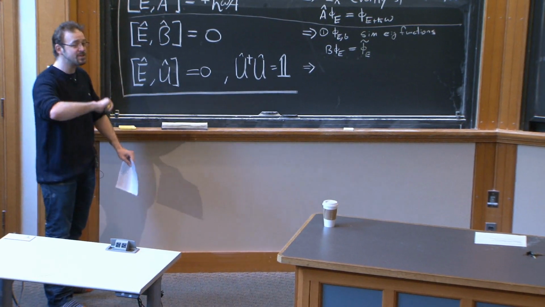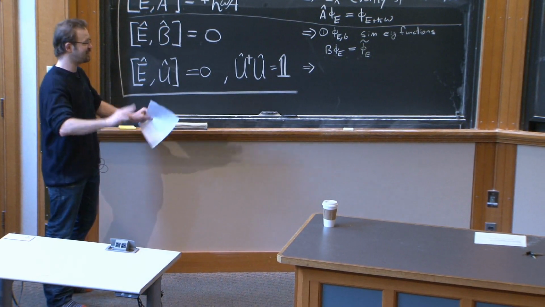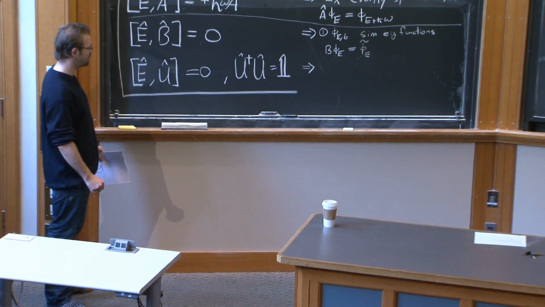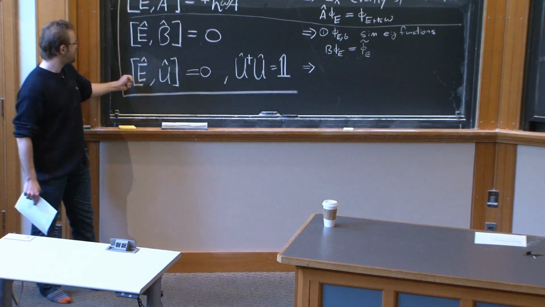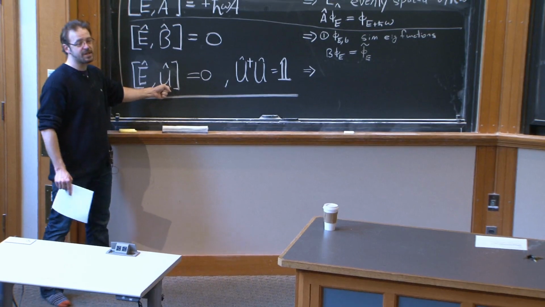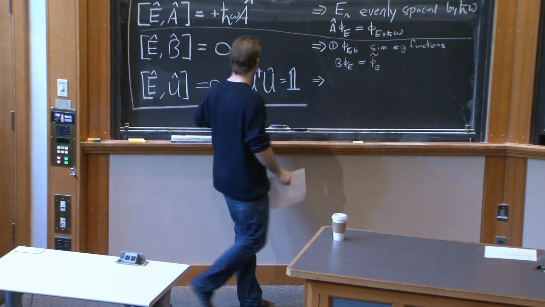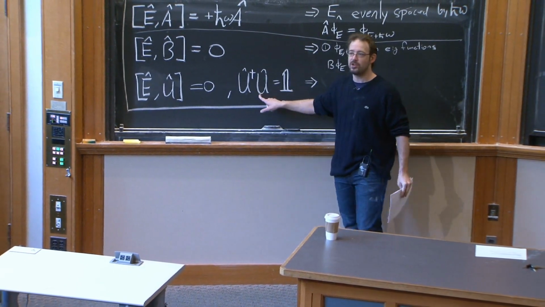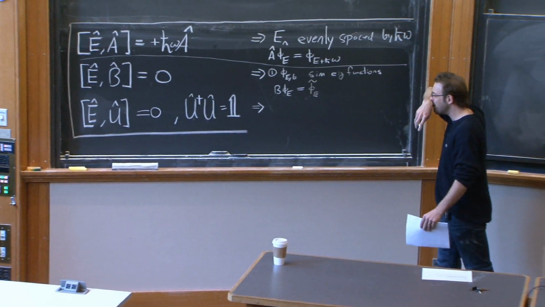We'll work in 2 dimensions. We'll work in 3 dimensions. We'll work in more. It doesn't really matter how many dimensions we work in. You'll see. OK, third thing. This comes from something you studied in some detail in your problem set. Suppose I have an energy operator that commutes with a unitary operator, u. So the commutator is 0. And u is unitary, so u dagger u is 1, the identity. So what does this tell you?